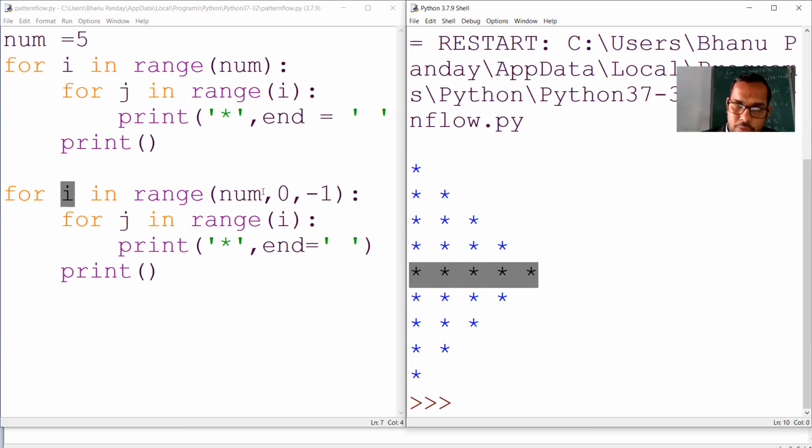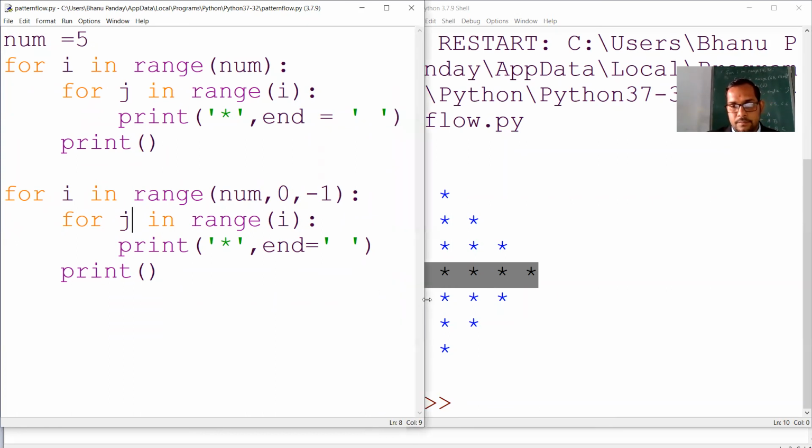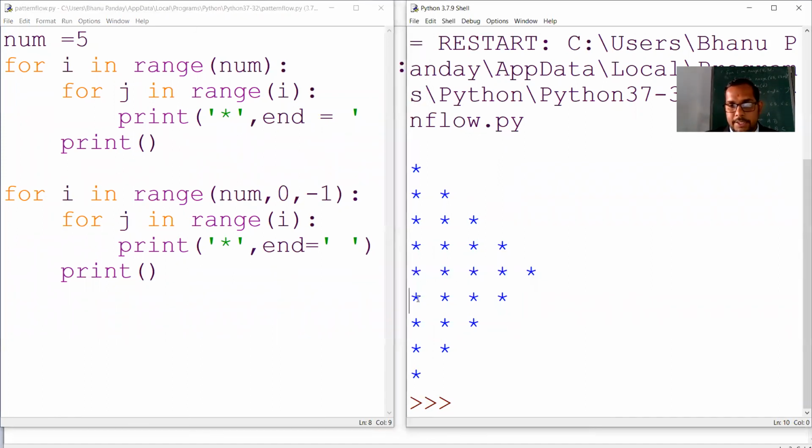Then come to the outer loop and decrement the value. Now the new value of i is 4. After 5, the new value of i is 4, so the inner loop starts from index 0, then 1, 2, and then 3.